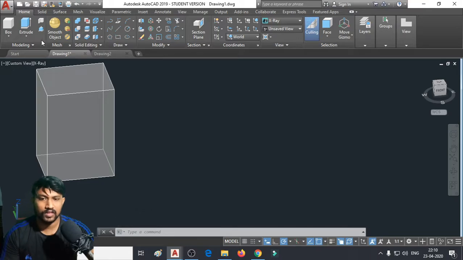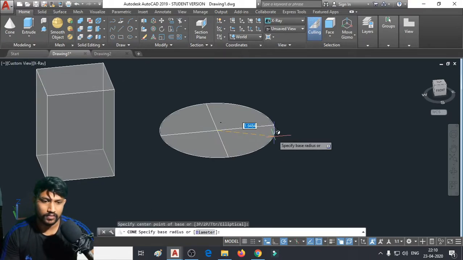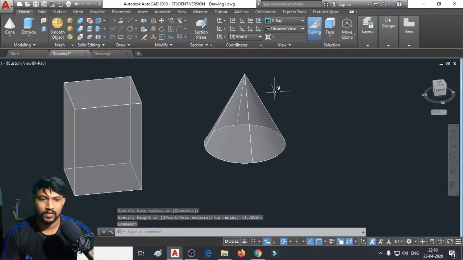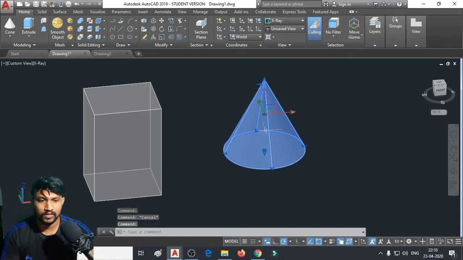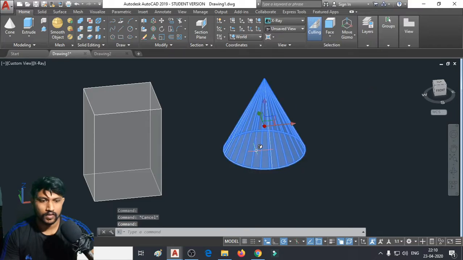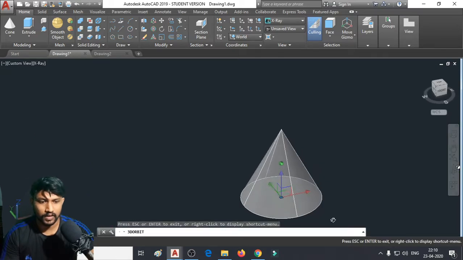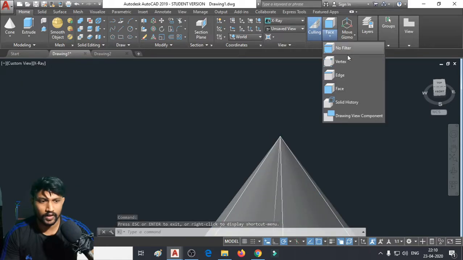I just need to connect so many things. I'm going to take a cone. See here, this is the base, and at the top you will have only a single point.